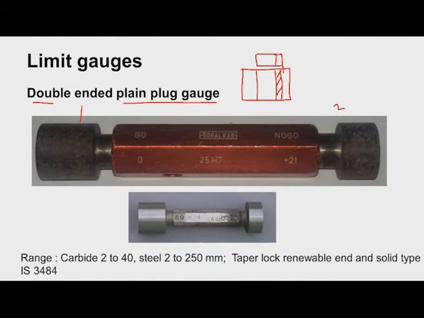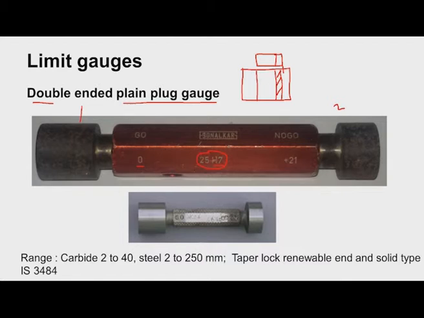Then what are the other things you can see here? This is 25H7. So 25 is the basic size and H7 is the tolerance. So the basic size is also mentioned on the handle of the gauge, and what tolerance is allowed is also mentioned, and actual values are also mentioned. Since this is H, the fundamental deviation is 0, so the lower limit of the hole will be equal to the basic size. So this is exactly 25 millimeter,